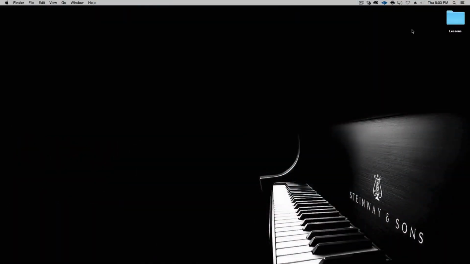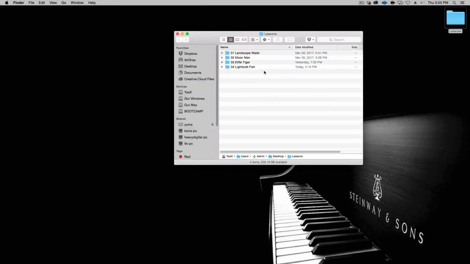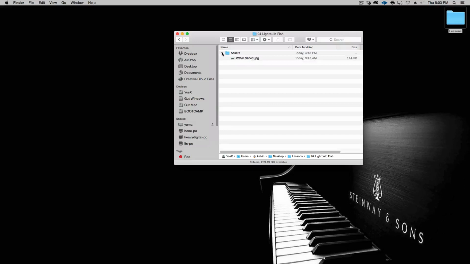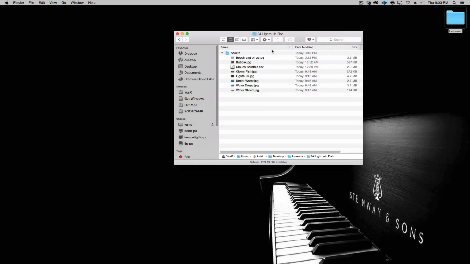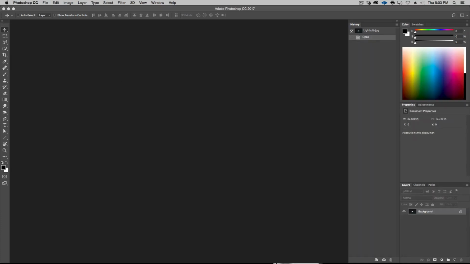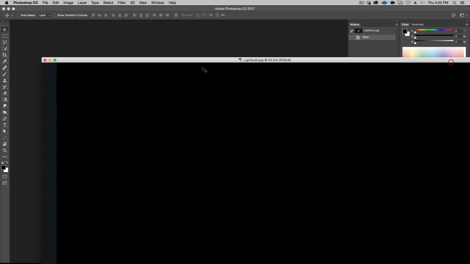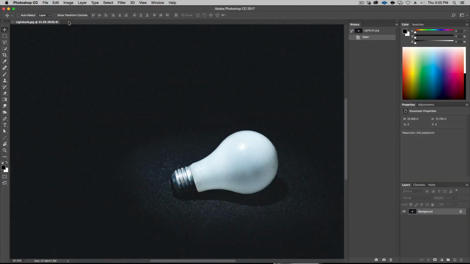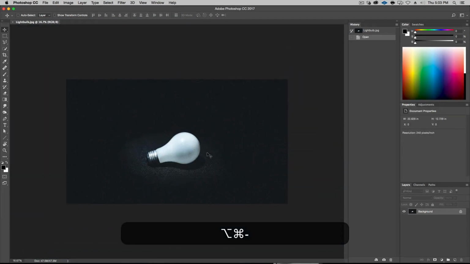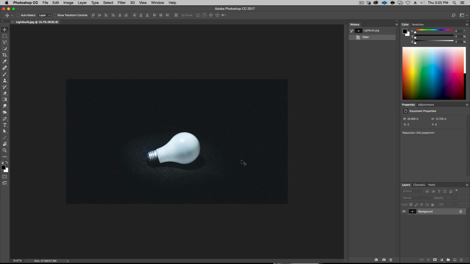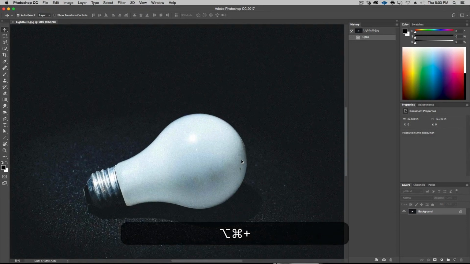All right, so go back to the lessons folder, and in here we have a number 4 light bulb fish. So in this we have the assets, and we're gonna start with the lightbulb.jpg. So just double click that, and it'll open it up in Photoshop, which you see here. Let's just drag it in here. All right. Zoom out, and we can see what we have. Just a light bulb. So to start, we actually are going to outline this, but this time we'll use the pen tool. Perfect occasion to use it.